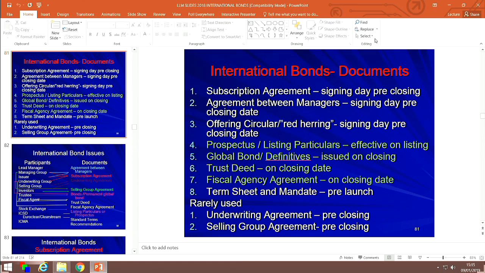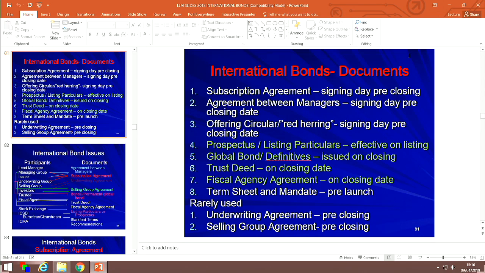But post-launch, the first set of documents which come into existence are the marketing documents. Doesn't mean that the investment banks aren't marketing the bonds before the documents are signed, but the actual obligations arise when marketing documents are signed. When are they signed? Soon after launch, on signing date, when documentation is